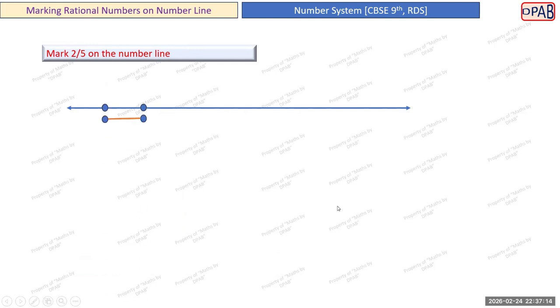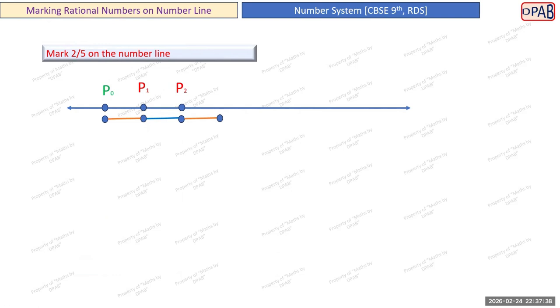Same way, you are going to make 1 unit length in your compass, keeping the compass pin on P0, and then you will mark this P1 with the pencil point. Okay, the pencil point will be P1. So next, just keep your compass at P1 and mark the point here as P2 on the number line,